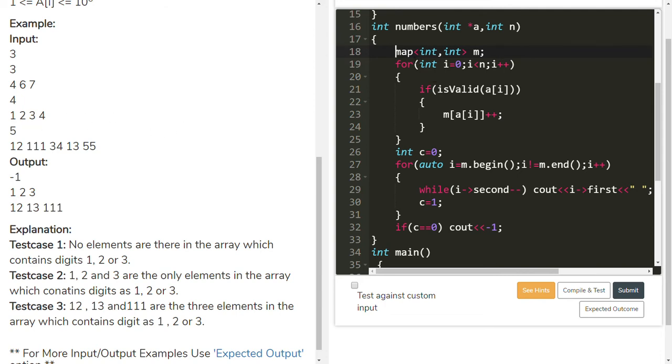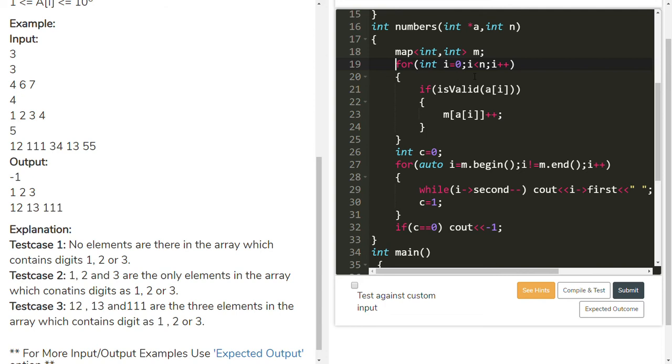Those numbers are stored in the map, and how many times each occurs is also stored. The key is the element, and the mapped value is how many times it occurs.